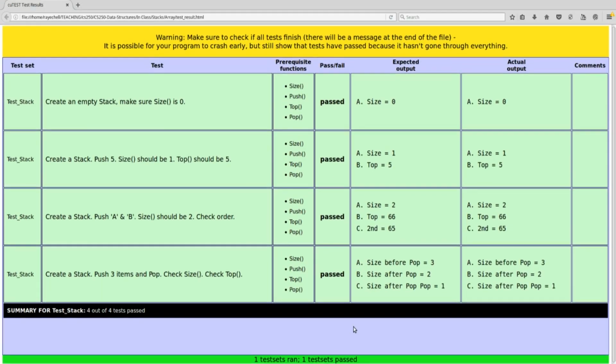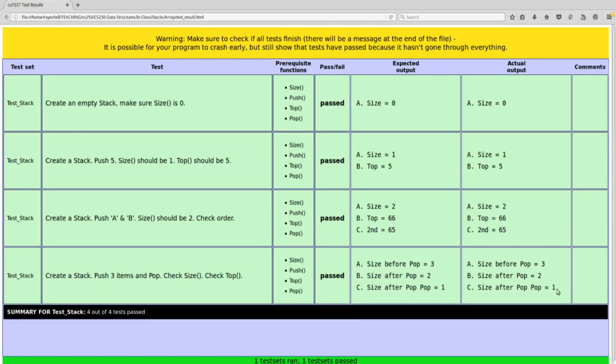And if you want to see the tests, these are just the 4 little tests that I wrote to test out the stack. And we can see that everything's passing. We have the correct size when you first create one. When you add one item, it has the correct size. The top item is correct. Added 2 things. And then it pops everything to check, make sure the order is correct. So it's correct here. Pushing 3 items and popping, making sure that we have the correct sizes after each of those. So yeah,